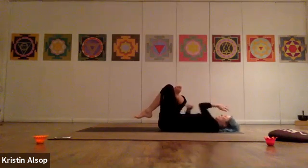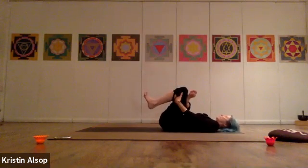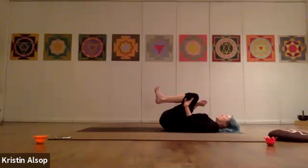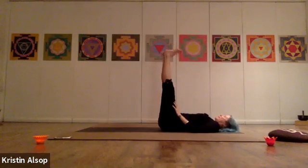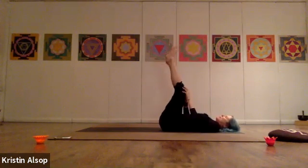Realign, making sure your crown is in line with the tailbone before taking hold behind the left knee. And drawing the left thigh towards the torso. Keeping as much of the back of the body laid flat. And on an out breath, unravel, let both legs extend up. Flex and point, maybe rotate, just have a little look around the legs. Sometimes, if your knees get a little tight, you can just shake out a little bit